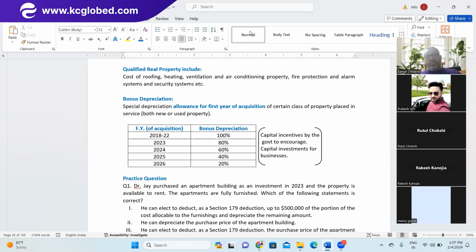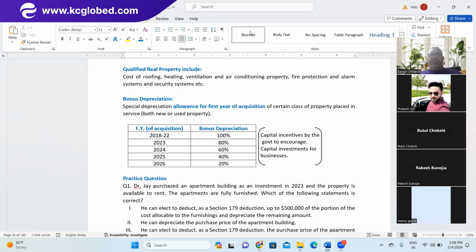But what the government is saying is, for making investment in such a state where investment is required, we will give you bonus depreciation. Bonus depreciation is most of the time in year one only. They are saying you can take bonus depreciation of 20,000 additional over and above the normal depreciation